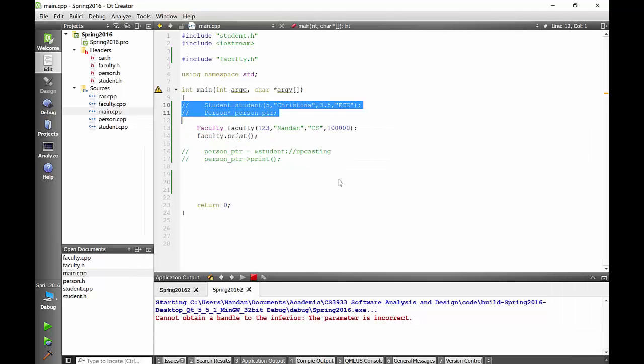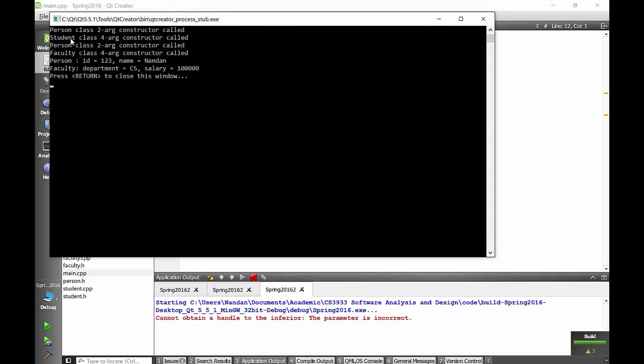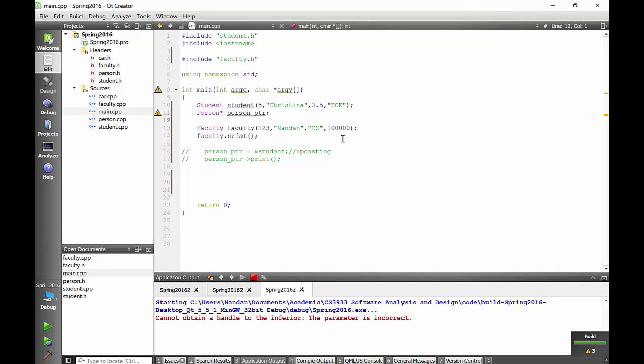Now we also created the student class earlier and a student object. So if we add that, then we can see that initially the student class object is created using these two lines, and the next two lines are where the faculty class object is created, and then person and the faculty class. Okay, so now this is actually kind of a review. We have already done this before, but now I want to show you that I can call